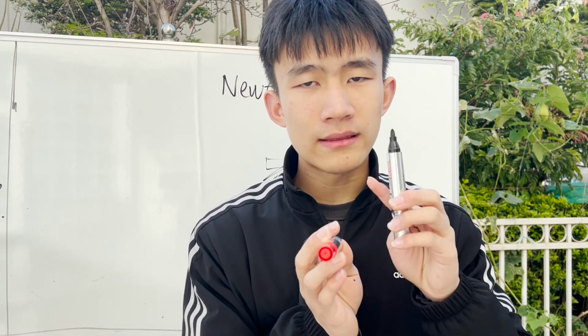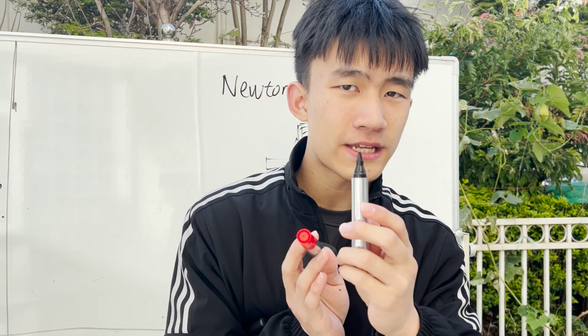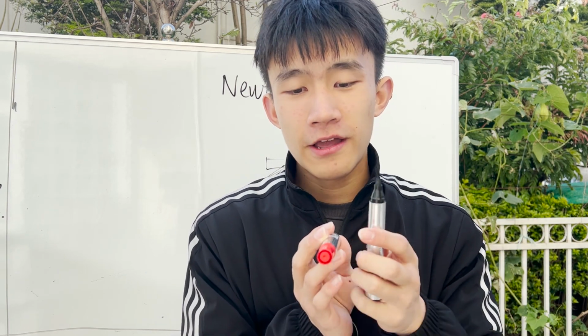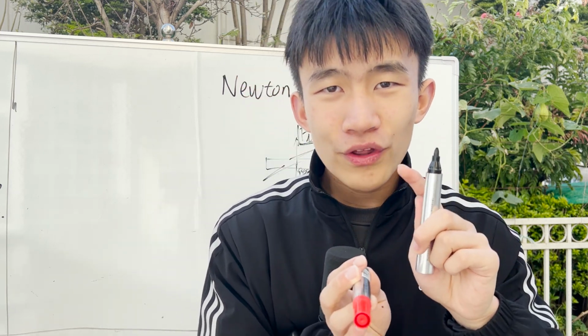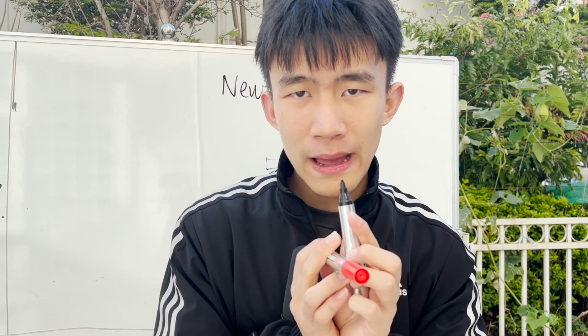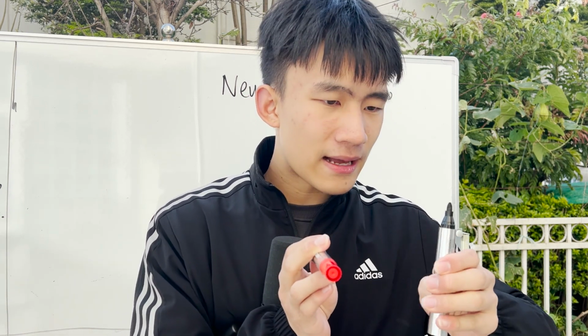And now let's assume that the red pen actually cast a force on the black pen. However, the force is smaller than the force that the black pen cast on the red pen. So this is a little bit confusing. You need to keep track of it, right? So what this essentially means is that if the black pen were to hit the red pen, then it will only bounce back with